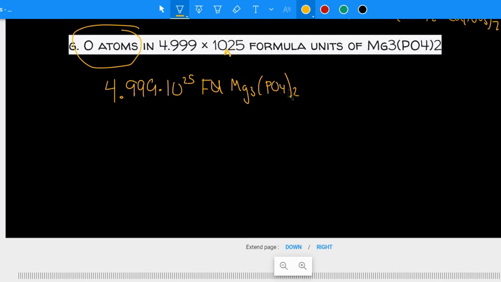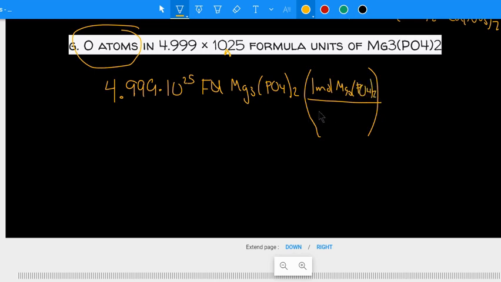So this is magnesium phosphate. And they want to know how many oxygen atoms. The reason they're saying oxygen atoms, even though this is ionic, is that within the phosphate ion, the phosphorus and the oxygen are bonded covalently, because phosphorus is a nonmetal and oxygen is a nonmetal. So we break down just the oxygen. That is an atom. But if we had said phosphate, it would have been phosphate ions, or magnesium ions. So I know if I have 1 mole of magnesium